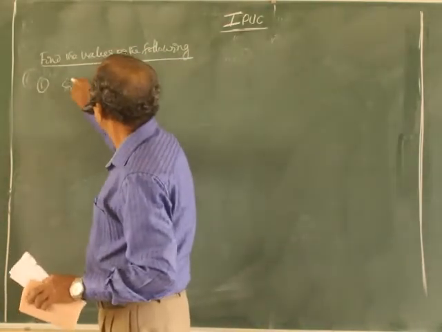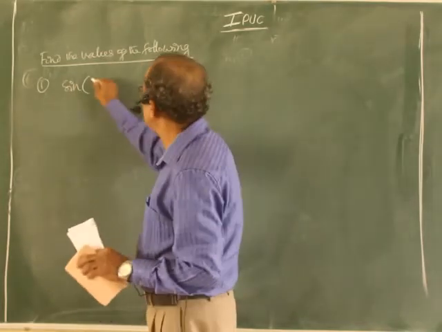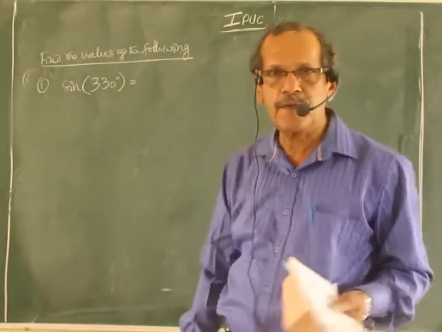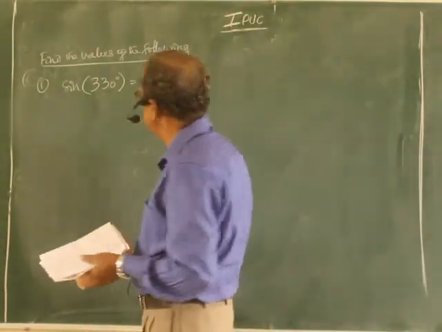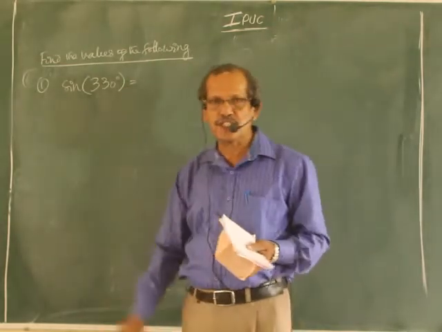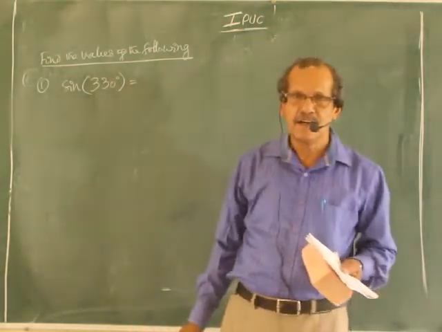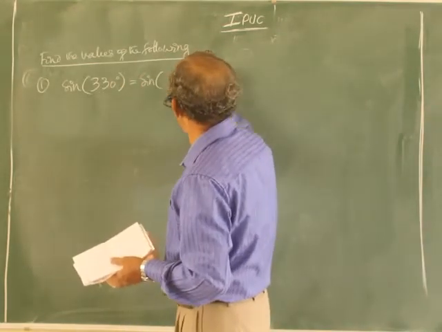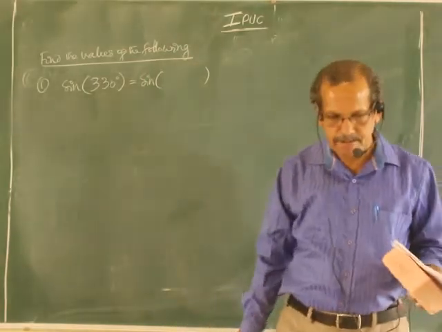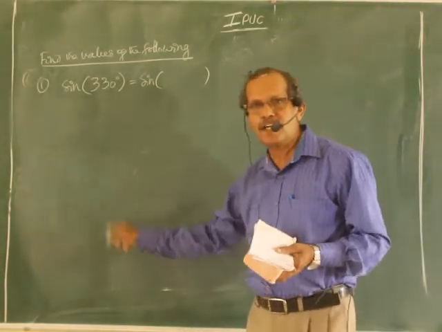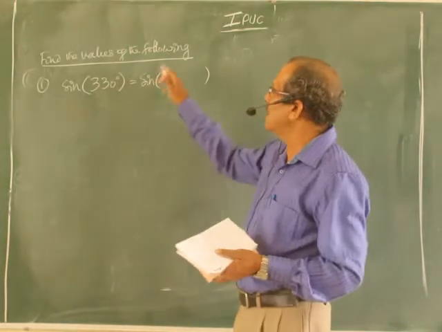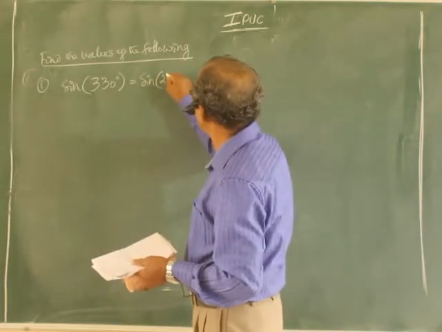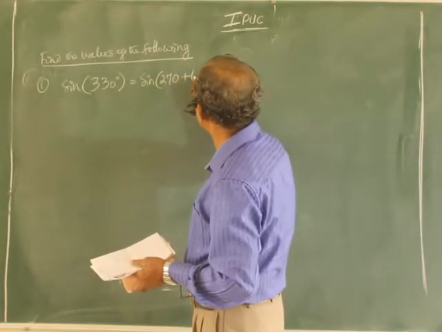First one is sine of 330 degree. Careful. Let us take one by one. Allied angle. You must know how to find the value of this. Actually, it is a related angle with the 30 or 60 degree. Anyway, first step is write the angle in the standard form. We have written 3 points there in the previous session. Write the given allied angle in the standard form. You can write in 2 ways. Let me write like this.